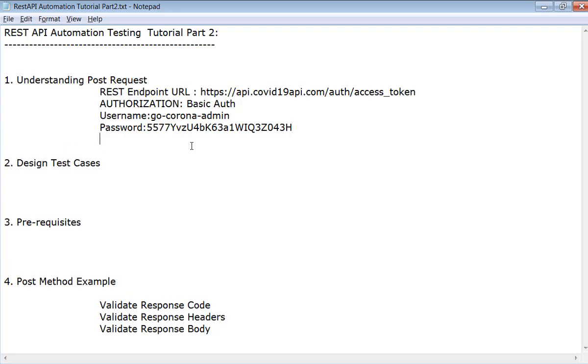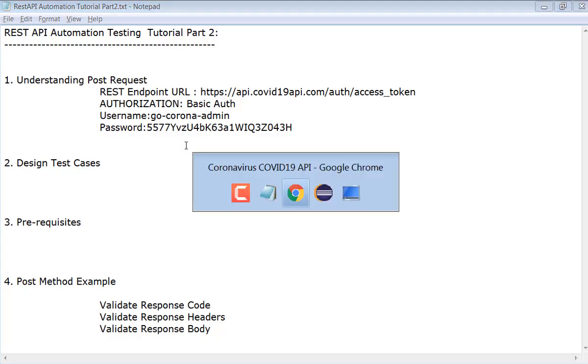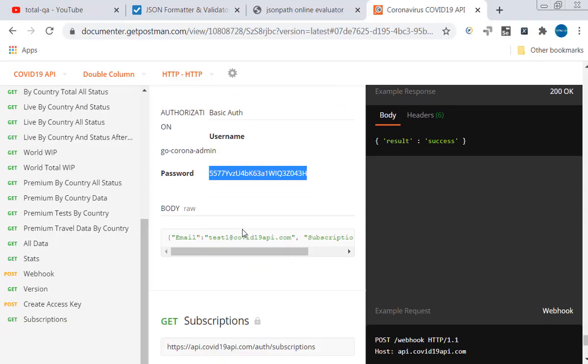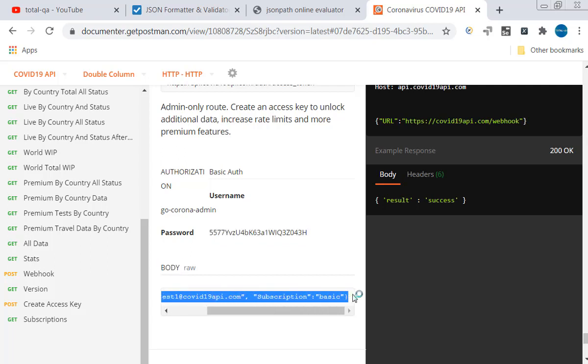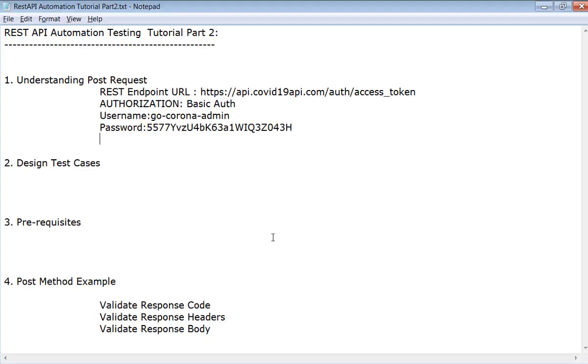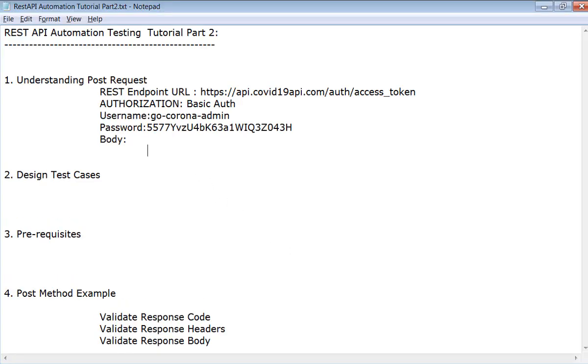Then we need to understand the body. Especially for a POST request we need to pass a body. See, this is the body. You have to copy this body and keep it here and mention body here. This is required to understand what body we are going to send for the POST request.